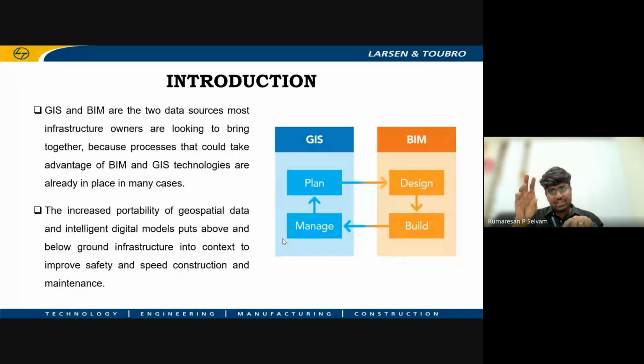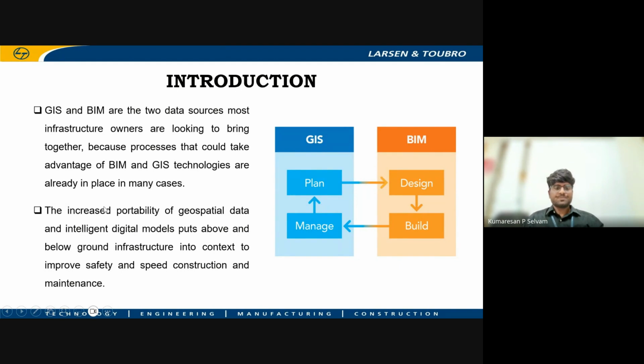BIM is generally used for design and building, although it is used in the whole life cycle. When it comes to a project life cycle, it is mandatory that GIS and BIM be integrated